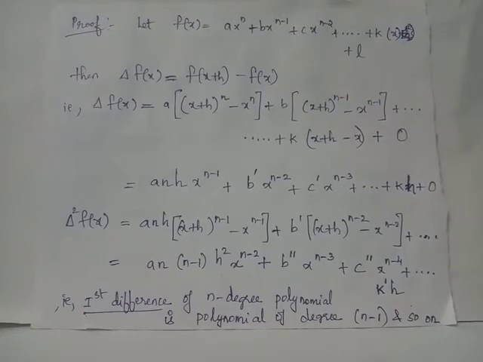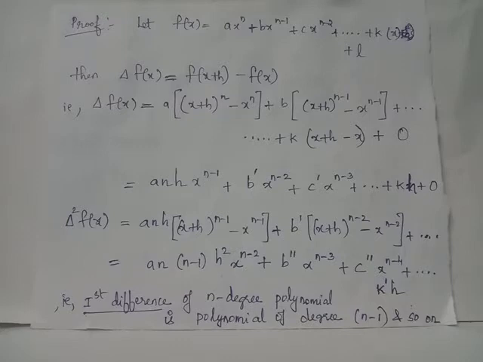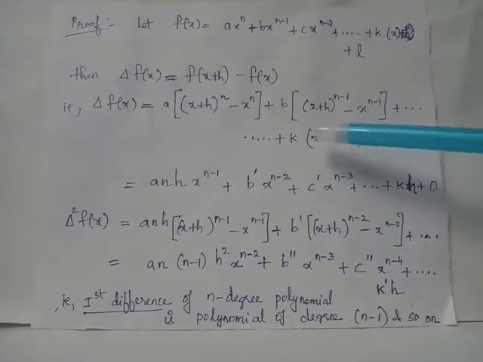Similarly, here you will apply binomial expansion. The first term will be x^(n-1), which gets cancelled with this term. The next term will be a power of x^(n-2), and that will be the highest power of x which will come out from this evaluation. We will have b dash as an arbitrary constant appearing along with x^(n-2). We are not interested in the exact expression of the constant coefficient that will appear along with x^(n-2). We have just notated it as b dash. Similarly, from the next term evaluation, we will have x^(n-3) as the highest power of x along with some arbitrary constant coefficient c dash, and so on. After cancelling x and negative x, kh appears,